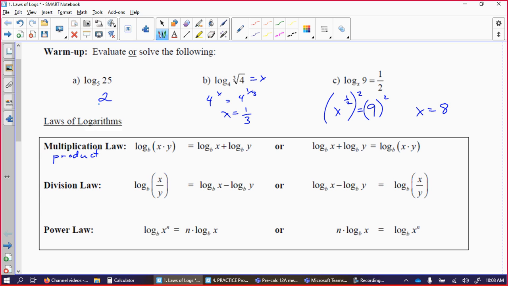So the three laws of logarithms are the multiplication or product rule or law. If you have the log of a product, x times y, I can separate that and say it's log of x plus log of y. So, and we'll look at an example here in a second. I can go the other direction. If I have a sum of logs, I can write it as a product. Adding and subtracting, multiplying, dividing are kind of the same. So if it's a quotient, I can write it as,